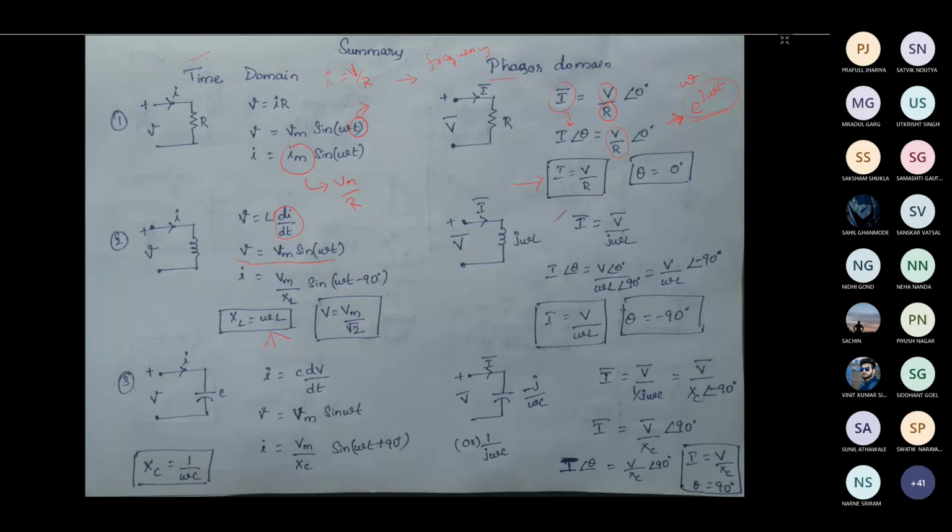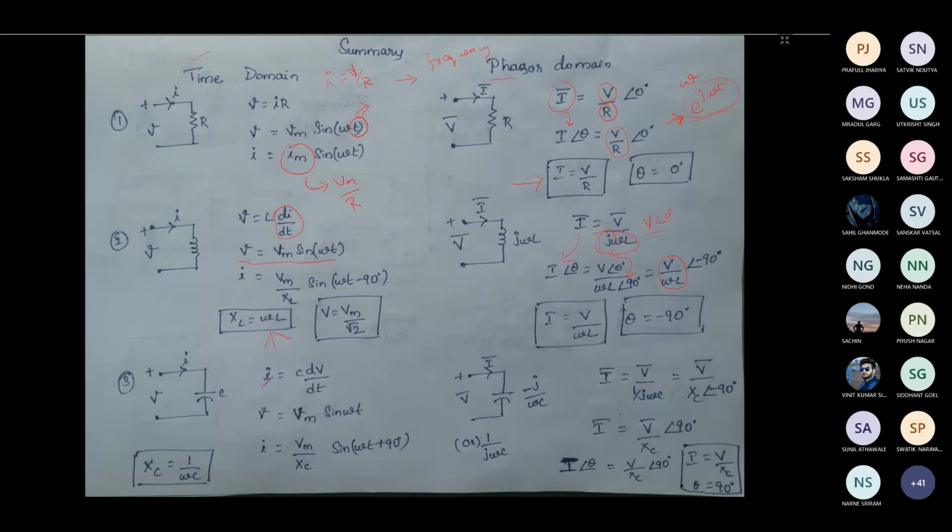So in the phasor domain, the I phasor is equal to the V phasor divided by j omega L. This is V angle 0 degrees because we have taken Vm sin omega t. Then in the denominator, we get j omega L. This j is the rotating operator, so j can be written as 1 angle 90 degrees, as written here. Then V divided by j omega L gives the magnitude. If you compare the magnitude and angle on both sides, you will get minus 90 degrees here. So the magnitude is V divided by omega L, and the angle is minus 90 degrees.